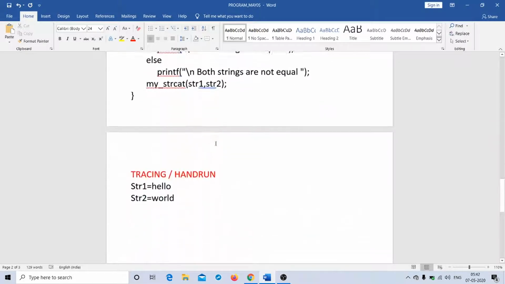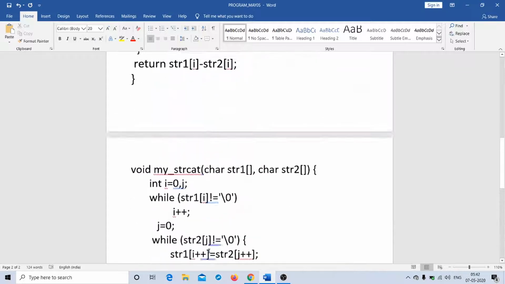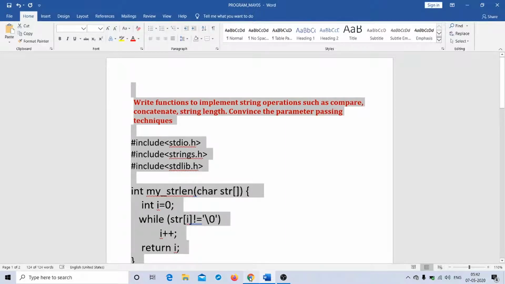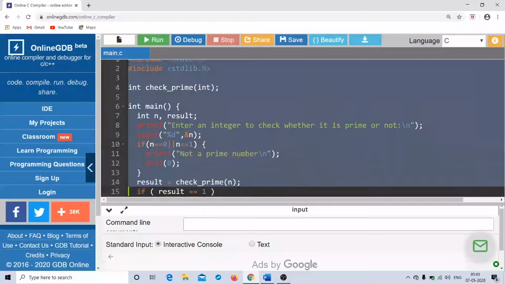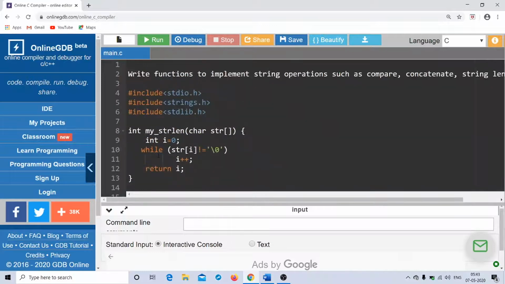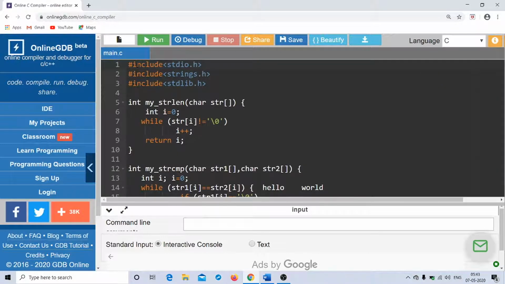I'll just copy the program to the compiler. So this is my compiler. I go back here, and then I paste it here. But of course I need to remove these things. Okay, so this is the program.